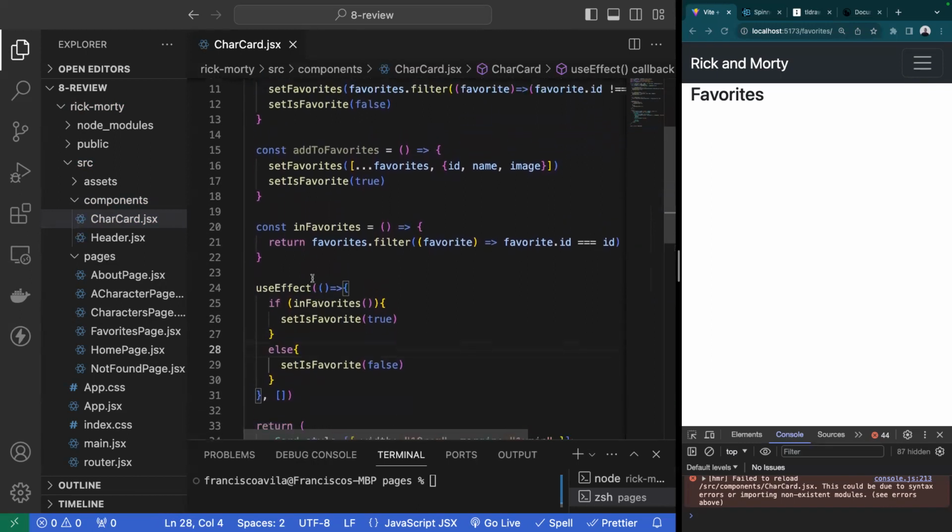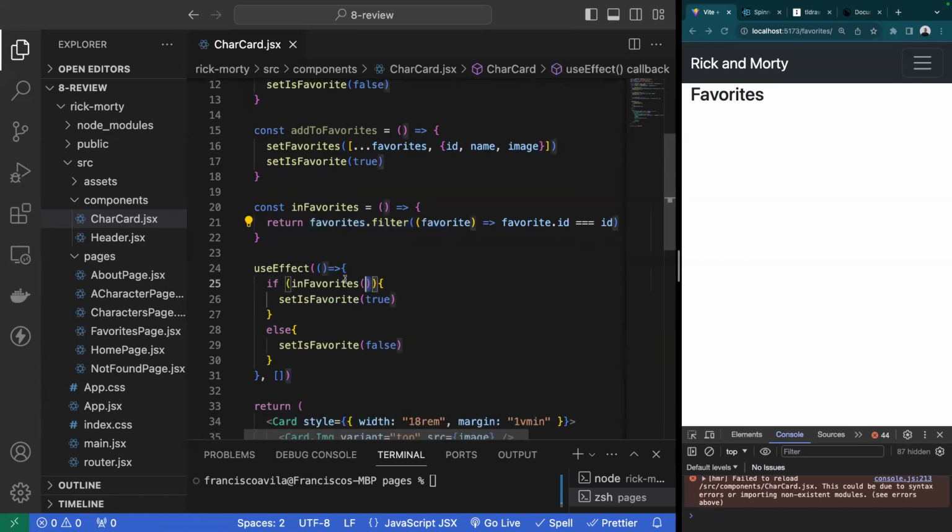All right, so the card will render. And the first thing it's going to do is run this useEffect. Well, after everything renders, it's going to run this useEffect. And it's going to ask, hey, is this inside of favorites? And that will either return an array with one object inside of it, or an array with no objects inside of it, making it a truthy or falsy statement. If it's empty, this will be falsy. And if it has an object within it, it will be truthy. So it'll come back as either true or false. If it is, then it's going to set isFavorite to true. If it is not, it will set isFavorite to false,